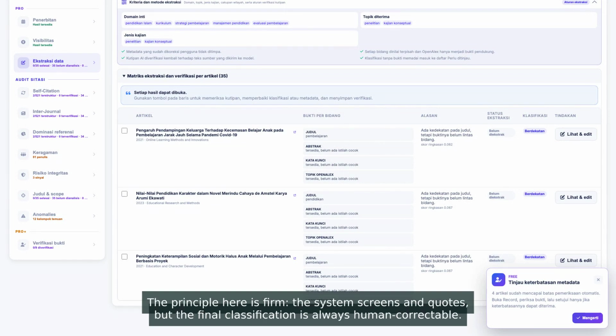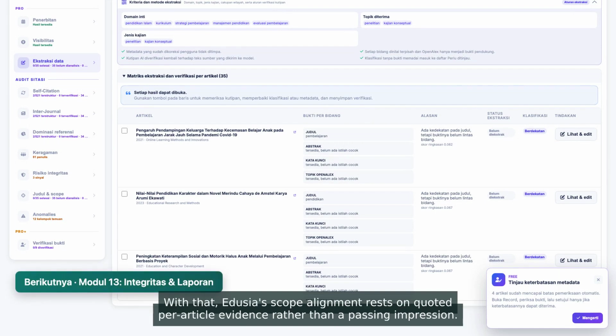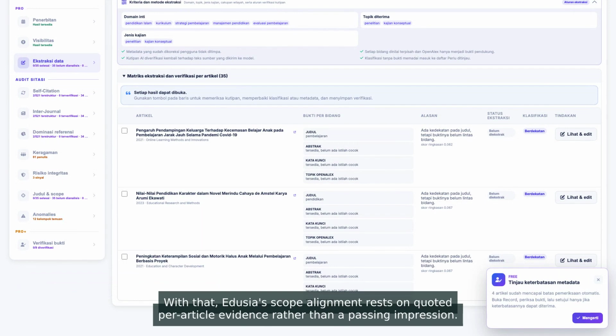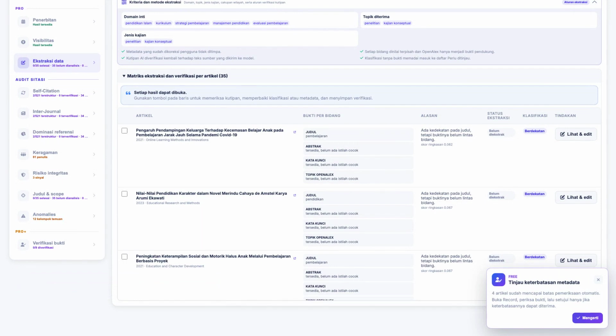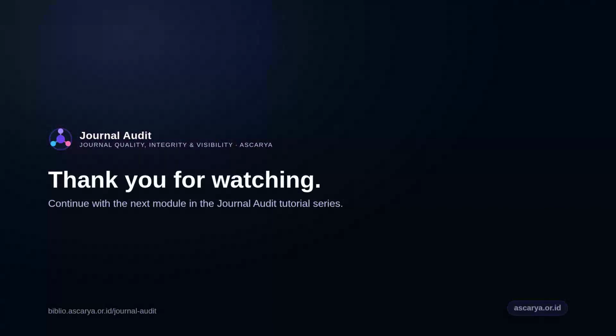The principle here is firm. The system screens and quotes, but the final classification is always human correctable. With that, Educia's scope alignment rests on quoted per-article evidence rather than a passing impression. The scope section is now fully legible: an initial machine classification, quoted evidence on every article, and human correction as